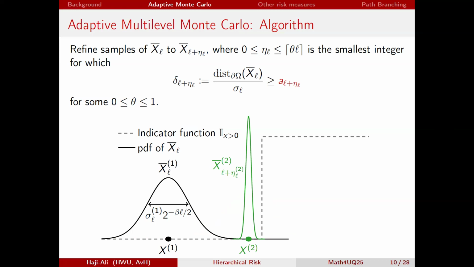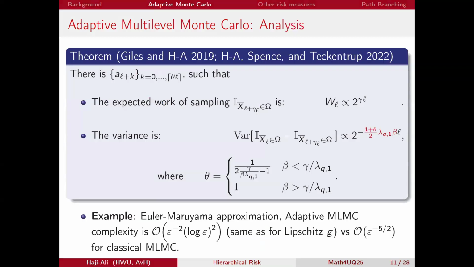And the refining is happening from 0, so at just level L, all the way to some multiple of the current level of approximation, so theta times L, for some theta between 0 and 1. Actually, it can also be greater than 1, I should say. It's just theta greater than 0. Sorry, theta is between 0 and 1, yeah. Another example is for larger theta, but let's just focus on theta between 0 and 1. So now the question becomes, what is this theta and what is this sequence? And this we've discussed in these works.